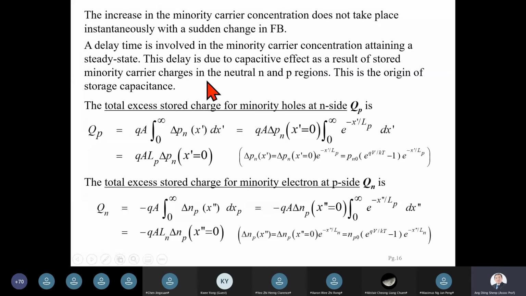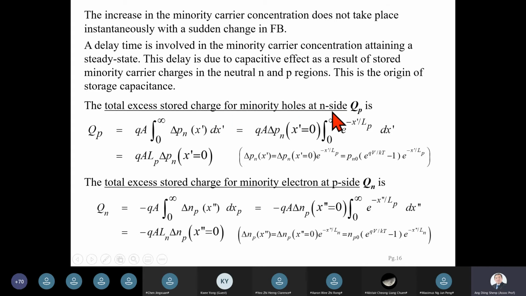So essentially, due to the charge storage capacitance, it takes time for the excess charge stored to change when the forward bias is changed. That introduces a delay in the response of the PN junction to an externally changing electrical signal. Now we can derive an expression for the charge storage capacitance by considering the total excess minority